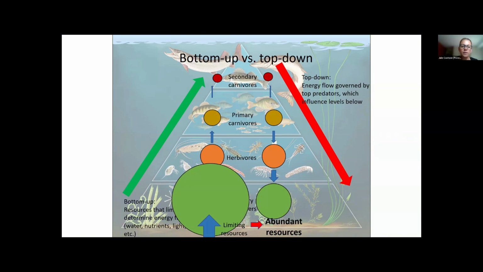Normally we'd have limiting resources in an ecosystem, but because of this input of nutrients, we suddenly have abundant resources, and so they no longer become limiting. And so that green circle of green stuff, of plants, becomes enormous. The amount of top-down regulation that we have isn't enough to keep that green stuff under control. And so we get these explosions of macrophytes, these plants, and also blue-green algal invasions.